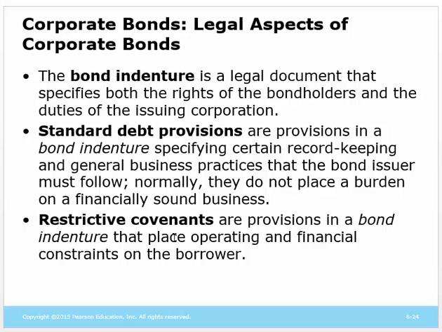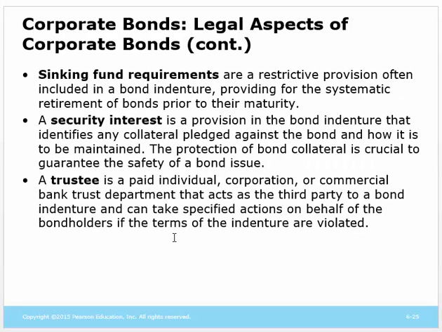The restrictive covenants, though, are special things. They're placed on companies based on their financial soundness, right? And the less sound the company is, the greater the risk of the company, the more these restrictive covenants are added. And of course, restrictive covenants, if nothing else, restrict the flexibility of the company, but the companies could actually incur some costs associated with following these restrictive covenants.